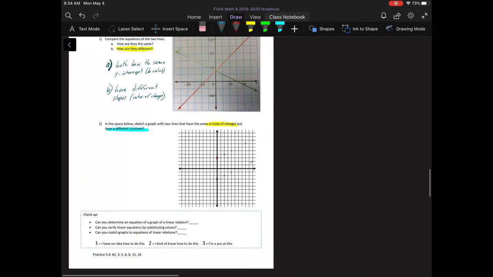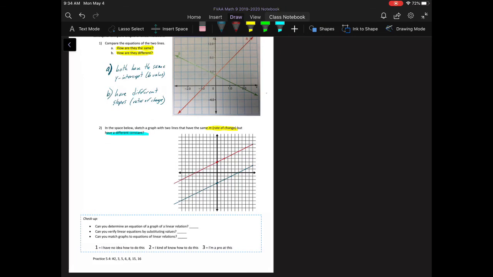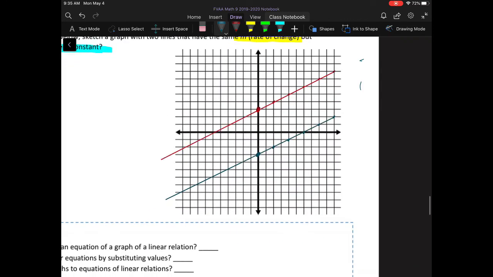We get a line like this for the bottom, and I want a line like this for the red. Notice that these two lines